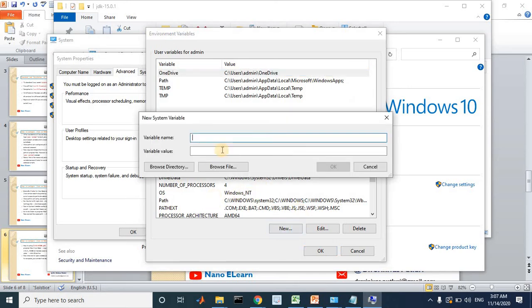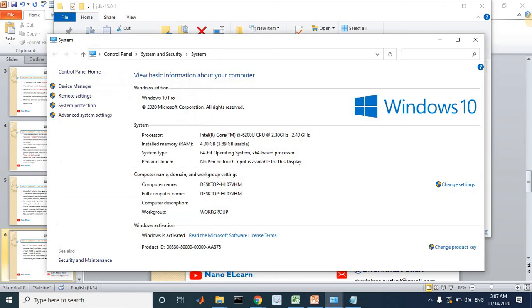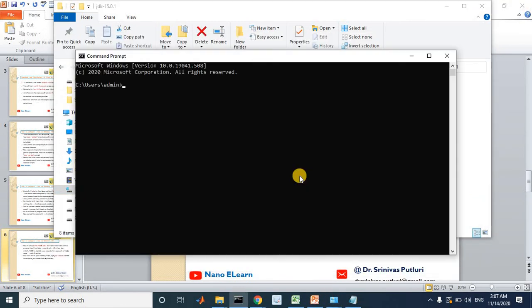Now click on new. Now I am typing Java_home as variable name and I am pasting the copied path till before bin path. Click on OK. Click on OK again. OK. Come back and open the command prompt.